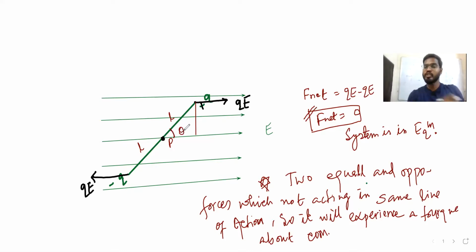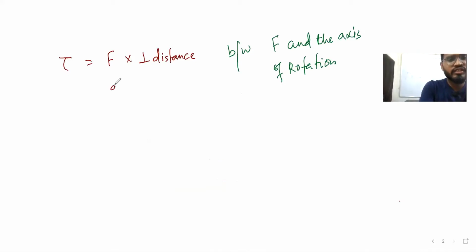So that plus q charge will experience a torque. That torque will be how much here, guys? Now torque is equal to force into perpendicular distance, right? Now if you see the perpendicular distance, whenever theta is attached with any axis, that axis is going to be cos theta. Opposite of that is sin theta. So this perpendicular distance is going to be L sin theta. So we can write force is equal to QE into L sin theta. That is torque, right?